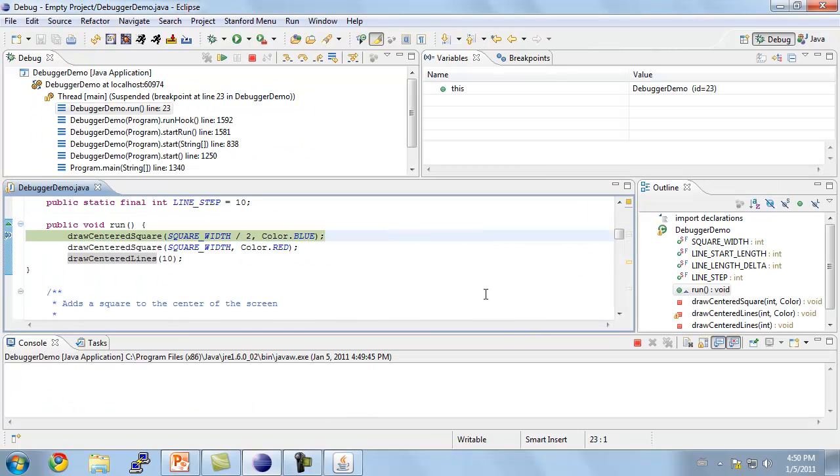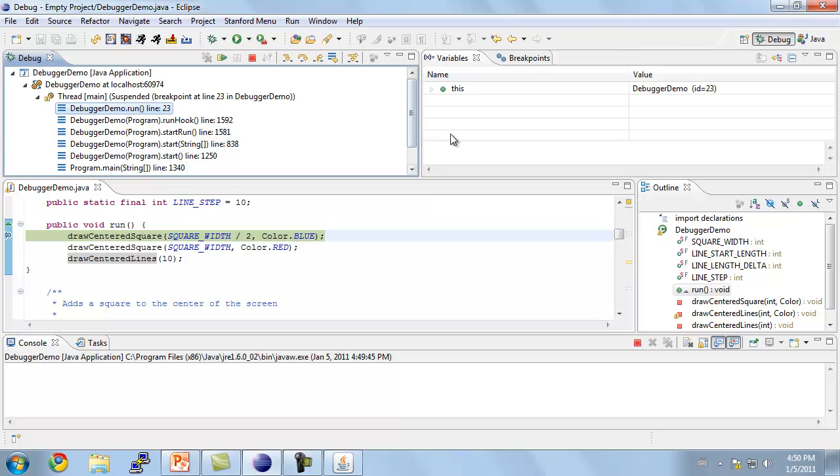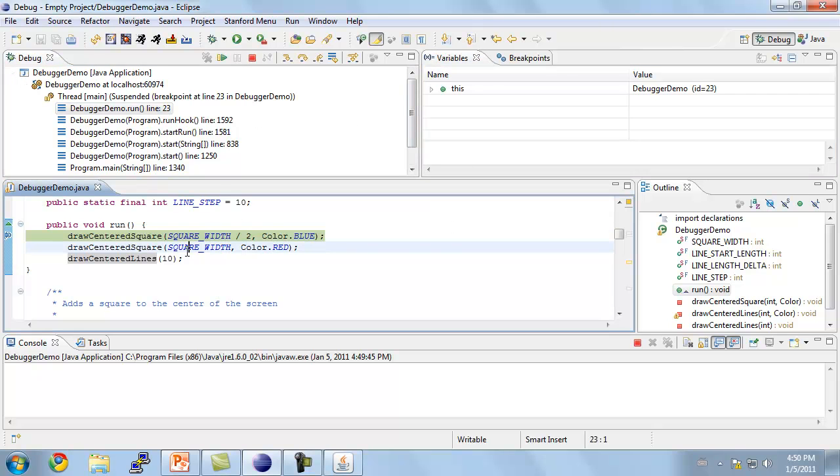Now you can see that Eclipse changed the way that it looks from the regular view which you use to write code to the debugging view. You can see that there's some more information here. We'll go over the stuff up here in a little bit, but for now you can see